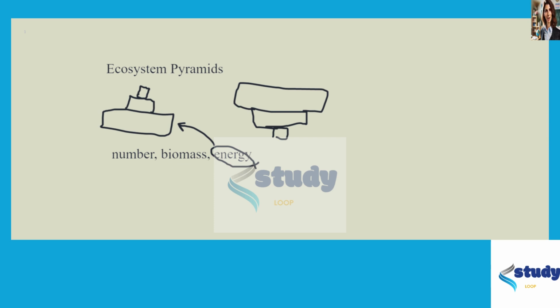inverted and not upright is in the case of temperate forests in the summer, because during that time, the number of trees is relatively low in the summer, right? There's not so many trees in the forest relative to the number of insects, where there's a huge amount of insects during the summer, but relatively